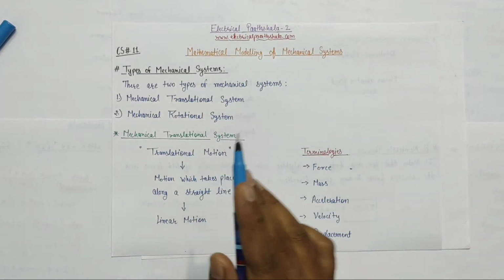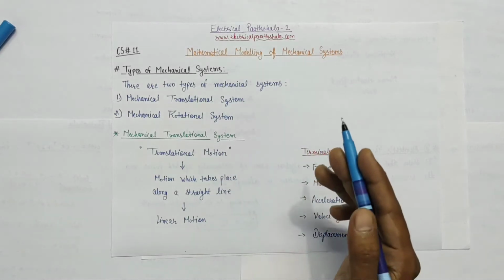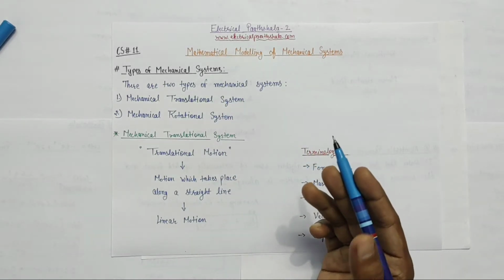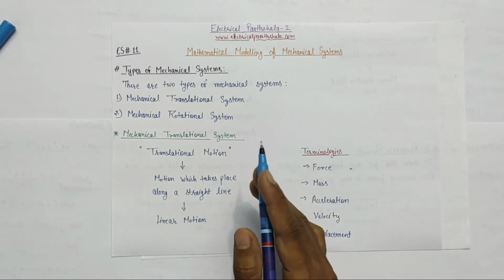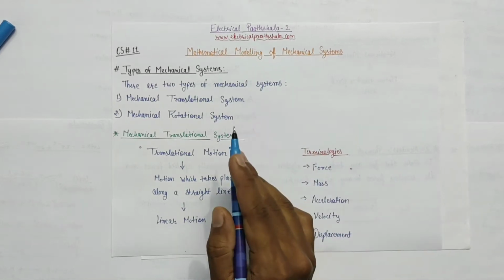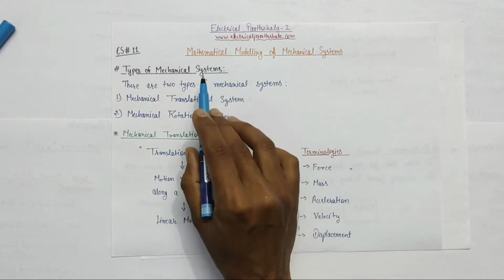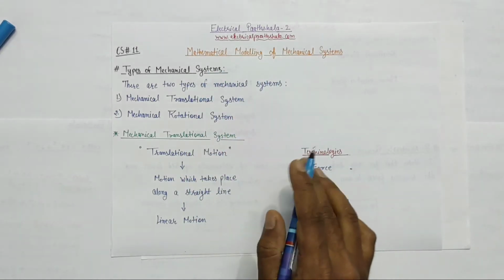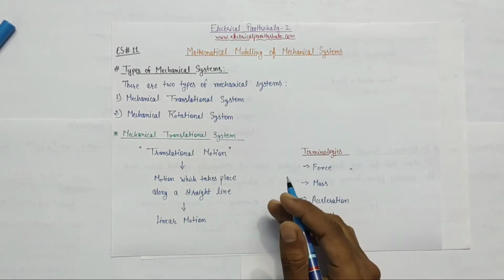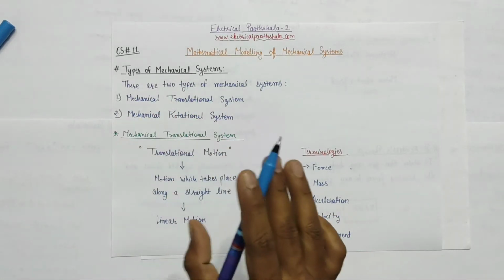In our previous lecture, we have studied about mathematical modeling of control systems and types of control systems by solving an example of an electrical circuit using Kirchhoff's law. In this video, we are going to study about mathematical modeling of mechanical systems and how to write mathematical models for mechanical systems using D'Alembert law. So let's start. So first of all, let's talk about types of mechanical systems.